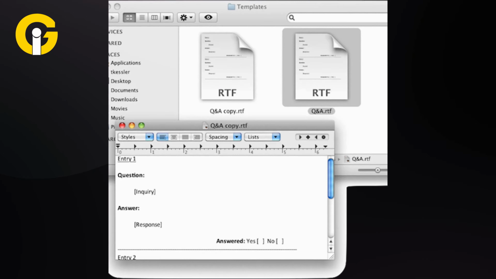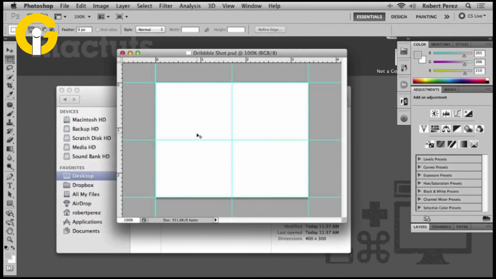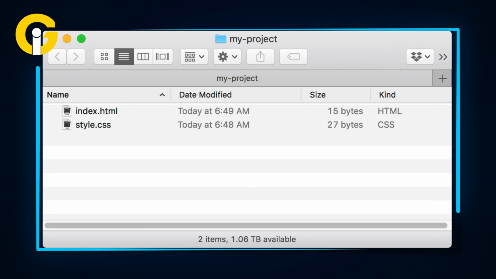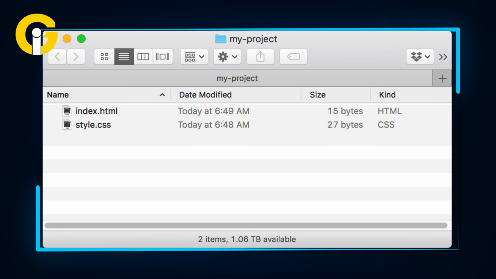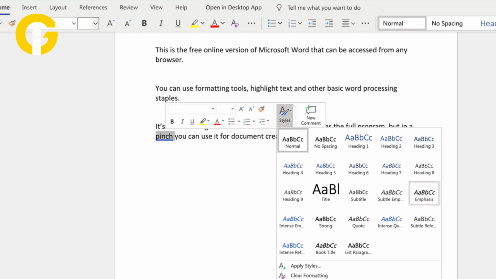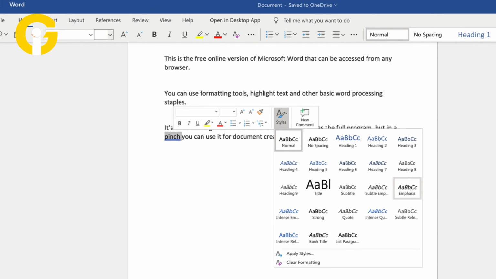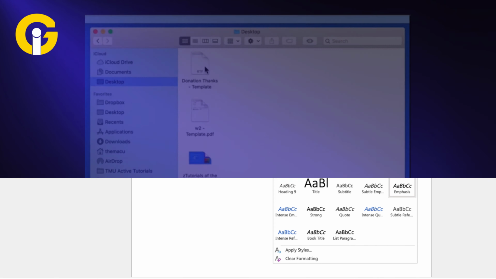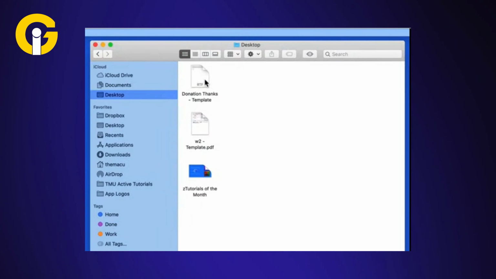With Stationery Pad, almost any file type can serve as a template. This feature simplifies Photoshop projects, facilitates creating skeleton HTML or CSS files, and assists with Word document invoicing, making repetitive tasks more efficient. To use Stationery Pad, first create the file that you want to use as a template, then